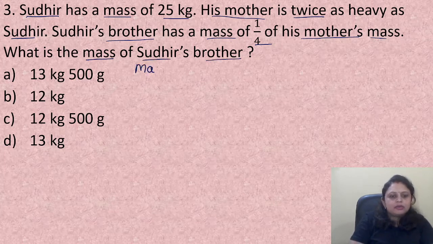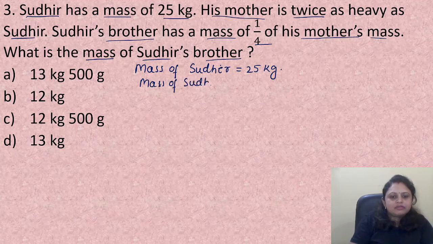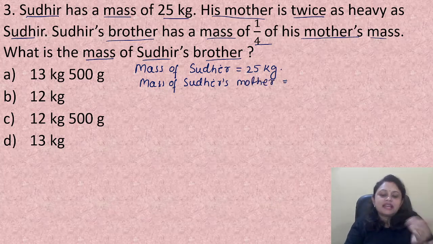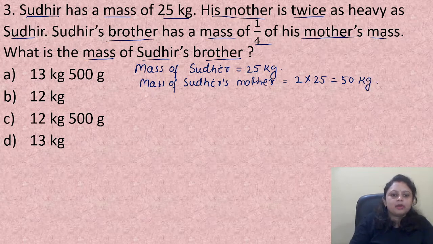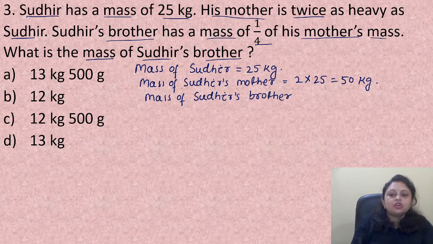So let's start. Mass of Sudhir is equal to 25 kg, right? Mass of Sudhir's mother, what is that value? She is twice as heavy as Sudhir. So 2 into 25 is equal to 50 kg. Next, coming to the mass of Sudhir's brother. Okay. So what is the mass of Sudhir's brother? It is 1/4 of his mother's mass. That means 1 by 4 of 50 kg. Okay, you know of means into. So 1 by 4 into 50 will be equal to